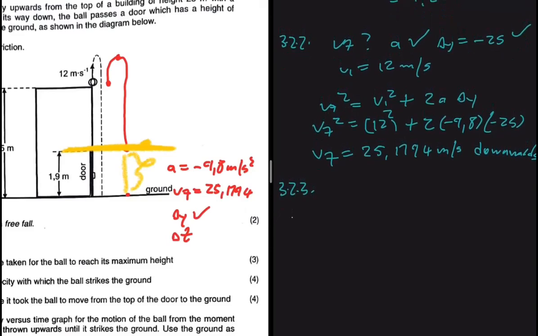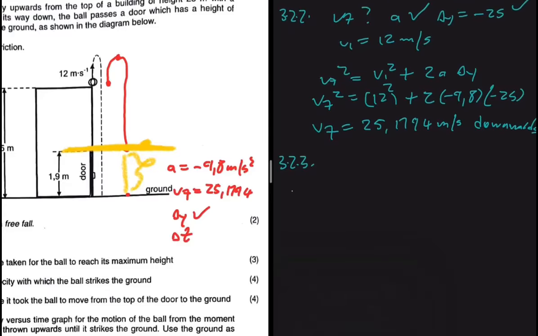But the only difference here is that delta y is not 25, but it is 25 minus 1.9, right? Think about it. I'm sure you're gonna get it. So we're saying that